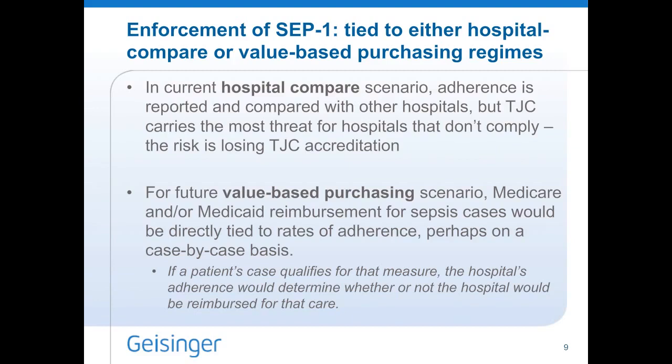So that would mean if a patient's case would qualify for that measure, the hospital's adherence would determine whether or not that organization would be reimbursed for that entire bucket of sepsis care, which we all know is very expensive, and so the teeth in this measure would be enormous, and the impact to our organizations could potentially be enormous. And that is why we're talking about them today, so that we can proactively be ready for